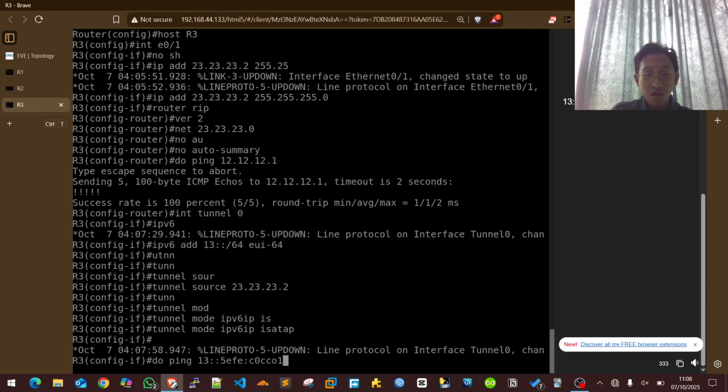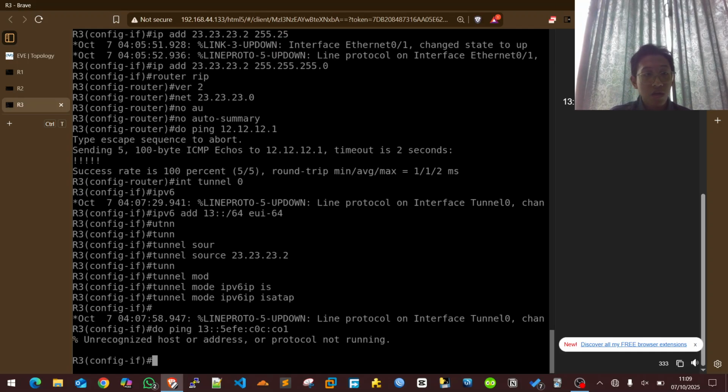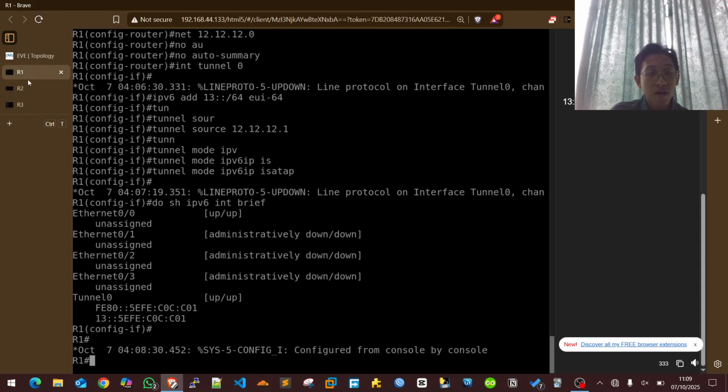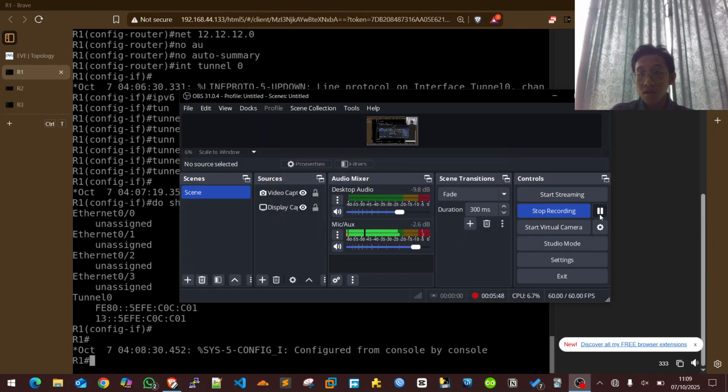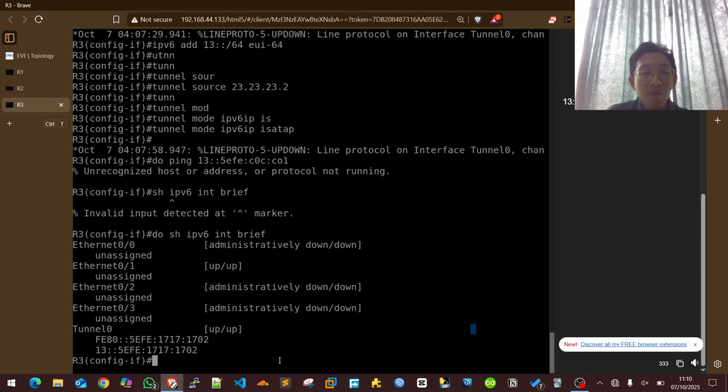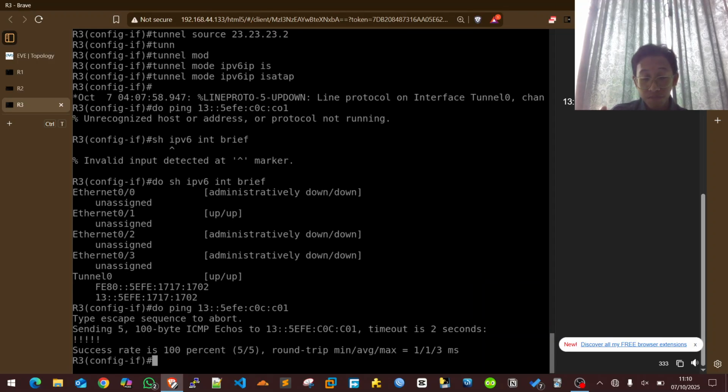If we try to do this one, is it correct? Okay, it's correct. And if it, okay, my bad. That is actually a mistake that we have made. If we see here, my bad. There are some typos that I made. It's not C0C, it's C01. If we try to enter it, it will be successful.